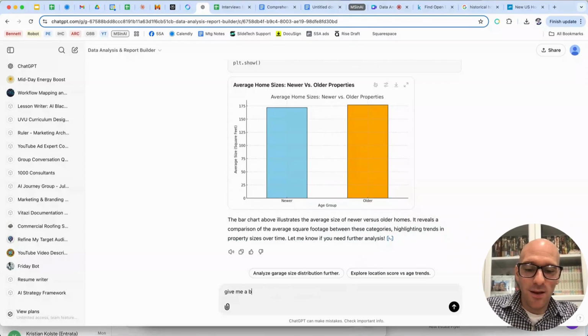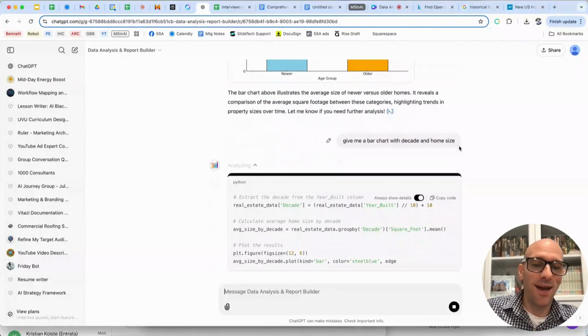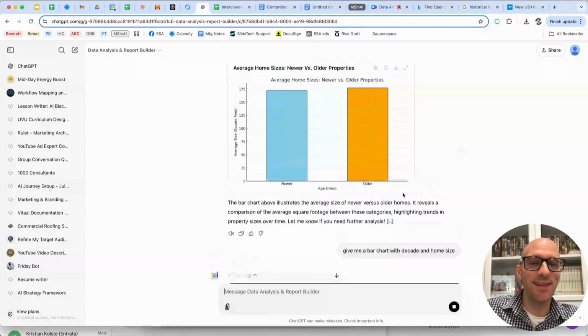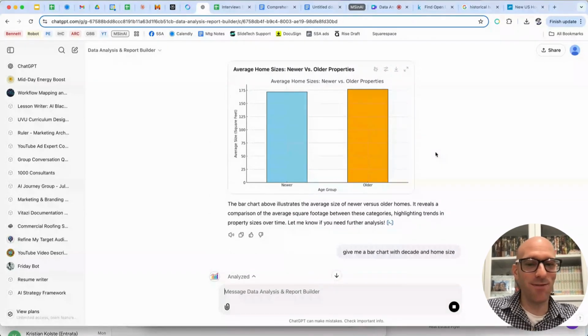Give me a bar chart with decade and home size, because I think this is where we should come up with something closer to what we asked for. And I think it's confused. I think it's giving us bad data here, and that's why I'm saying, check everything, do this one step at a time,